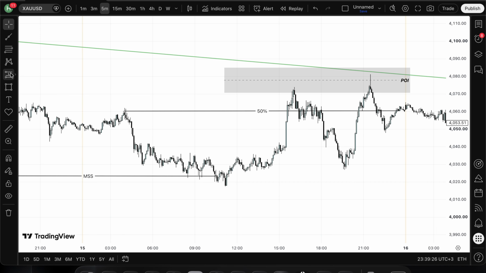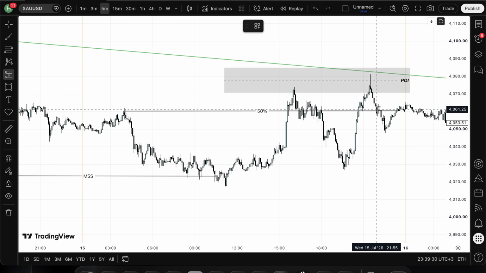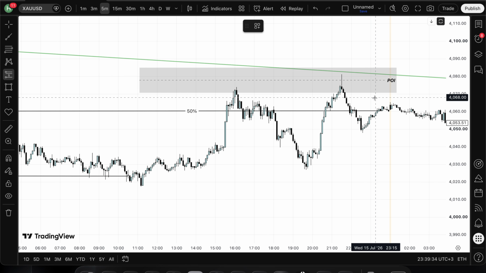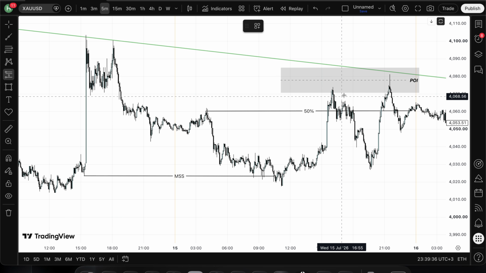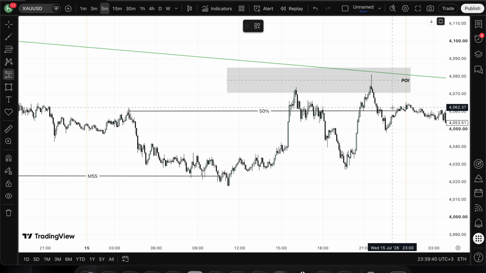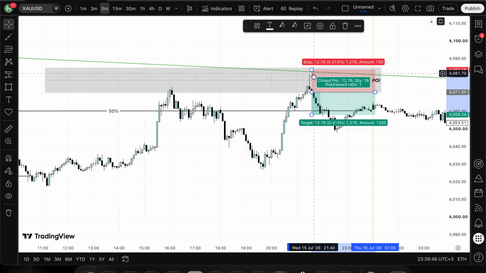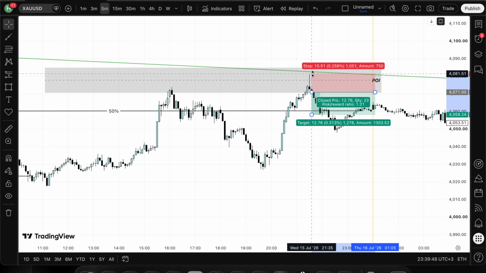Okay, you could take a trade whenever the market comes to your point of interest, retesting that 50% retracement and redeeming liquidity above that high and redeeming this full fair value gap, forming you a CISD and inversion fair value gap. As you can see, you enter on the inversion fair value gap, placing your stop loss right below this high